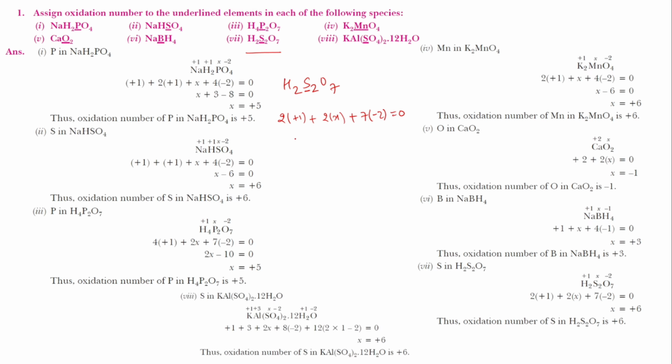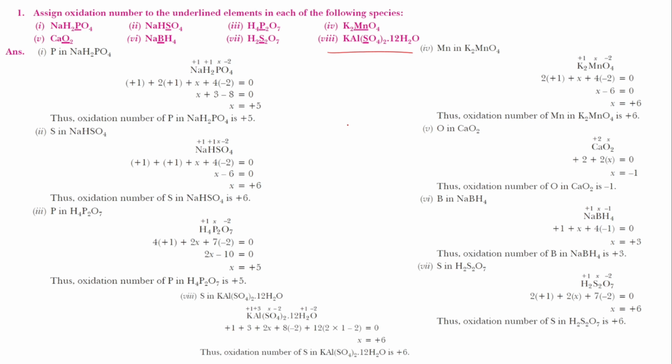So I can write 2 into 1 is 2 plus 2X minus 7 into 2 is 14. Minus 14 is equal to 0. So 2X is equal to +2 minus 14, so -12. So X will come out to be +6. Charge on this sulfur is +6. Oxidation number is +6. So in this way we can calculate oxidation number on any